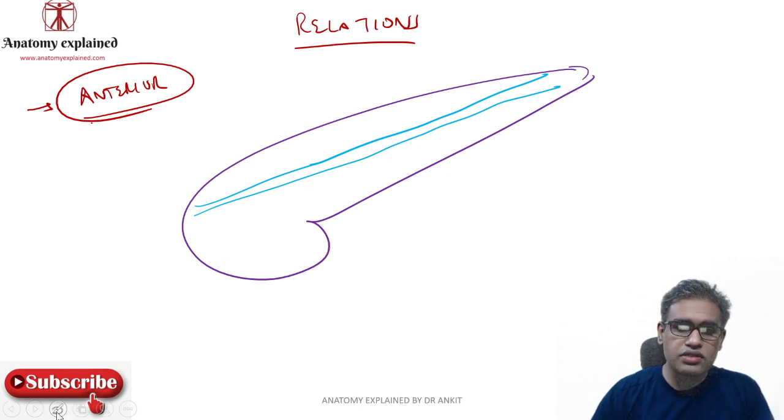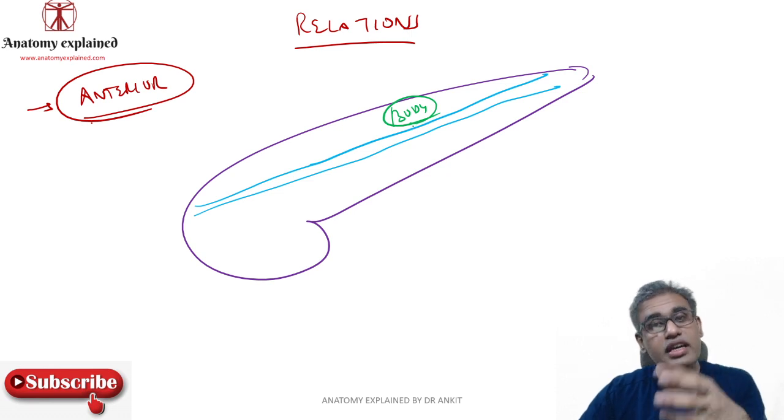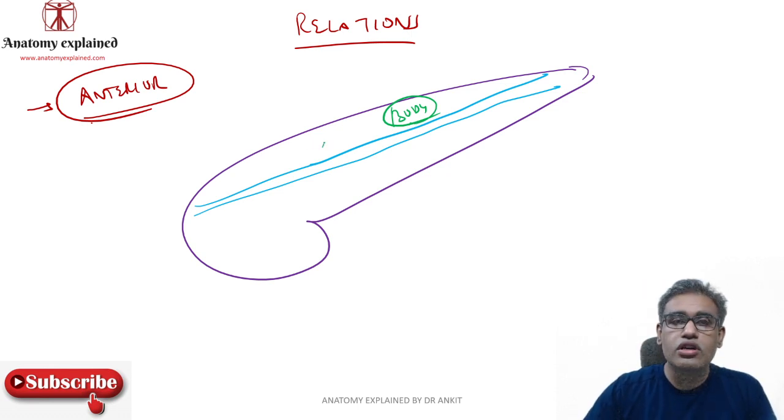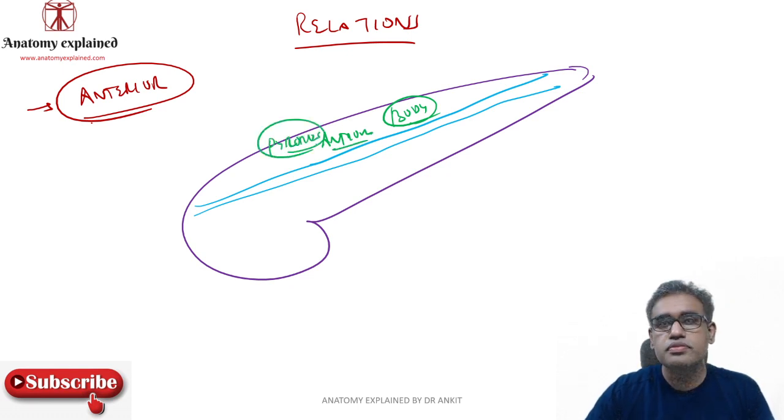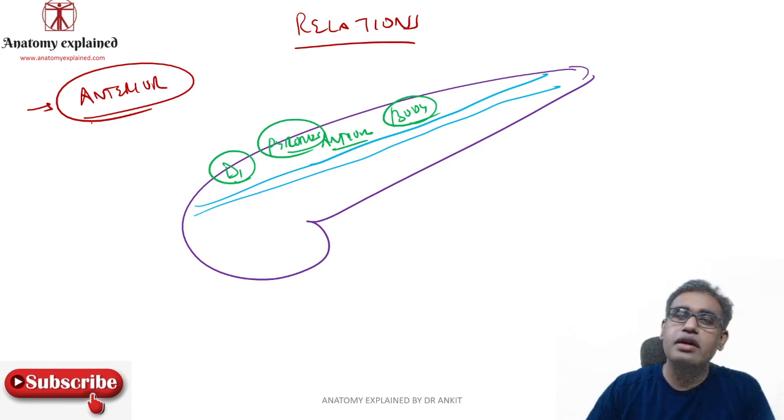What are the other body parts which are attached to it? You have the stomach above it. So over here you have the body of the stomach separated by the peritoneum, because the stomach is an intraperitoneal organ. Somewhat over here you have the antrum part of the stomach. Somewhat over here you have the pylorus part of the stomach. Over here you have the first part of the duodenum attached in front of it, because the first part of the duodenum is again intraperitoneal. All these are intraperitoneal organs.